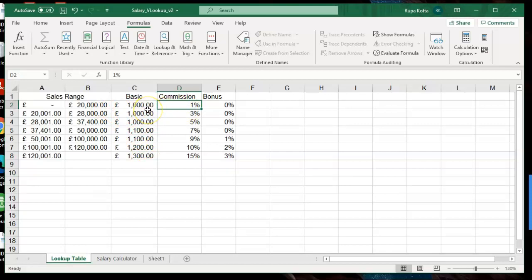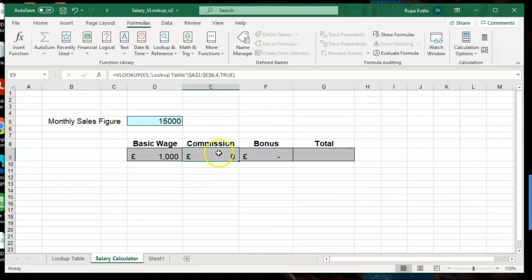So 1% on 1,000 should be 10 pounds, but it is not returning me anything. So let me check the formatting of the cell to see why the value is not coming. D5 has moved to E5 and there is nothing in the E5, so that is why it is giving me a 0 answer over here.